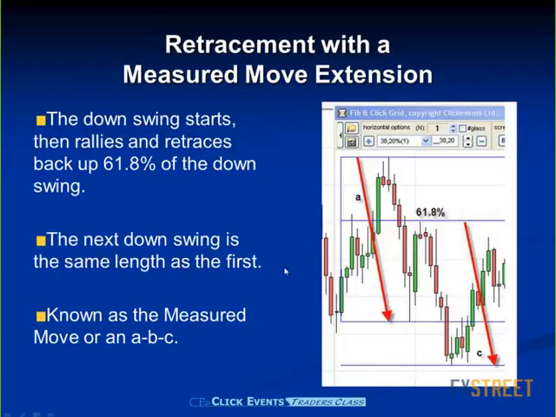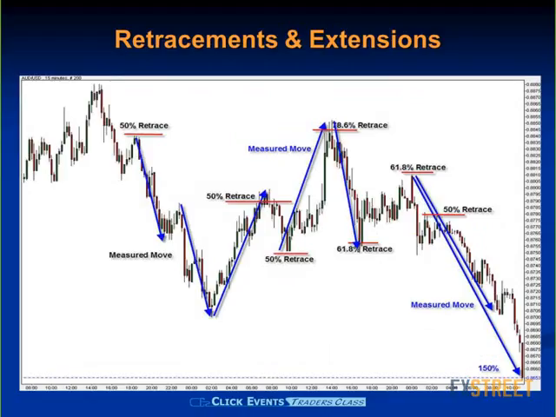Right, so there we are. That's a measured move, and we can see this in a market. This just happens to be the Aussie, which is a pretty good market for Fibonacci and following these general rules. On this particular 15-minute chart, we've got a whole series of these measured moves that we can see. We get a retracement, and it runs on down.